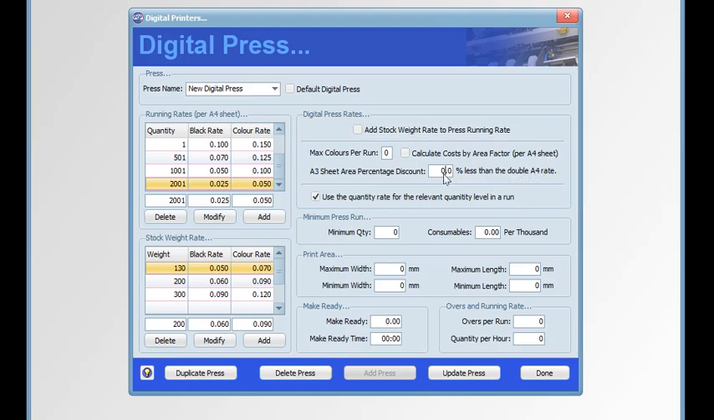The A3 area percentage discount value. If you do not exactly want to double the rate of the A4 sheet for an A3 sheet, you can choose a percentage to be reduced from the double rate. For example, the rate of an A3 sheet is twice that of an A4 sheet, being twice the area. If the calculated costs by area checkbox is selected, then the rate of the A4 sheet will be doubled for the A3 sheet. However, you can reduce the doubled rate by a percentage, and this percentage is called the sheet